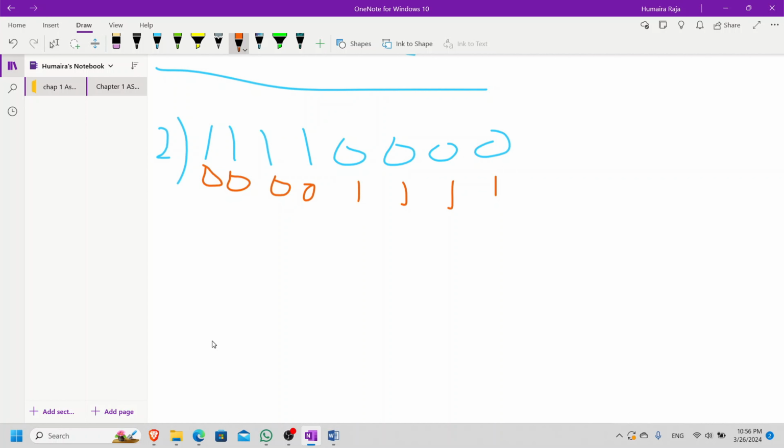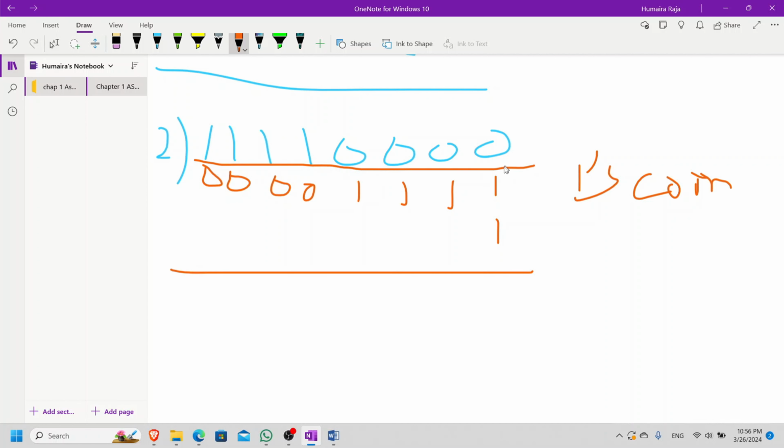What I told you, for 1's complement you just have to invert the number. For 2's complement, step number 1, simply invert all the digits, and step number 2, add 1 to its least significant digit, over here under it. So 1 plus 1, you don't consider this number, you add 1 to this one. So 1 plus 1 in binary is 0 and the carry is